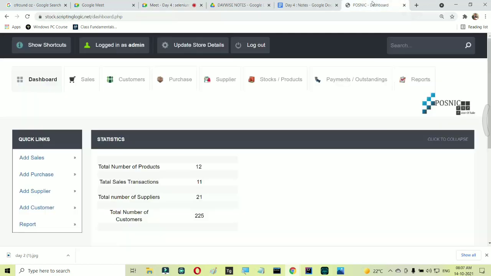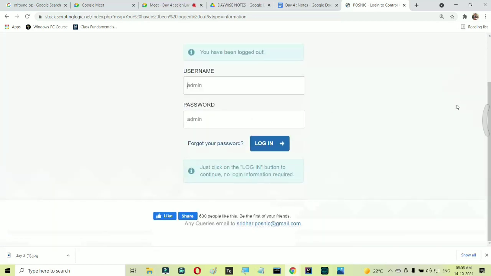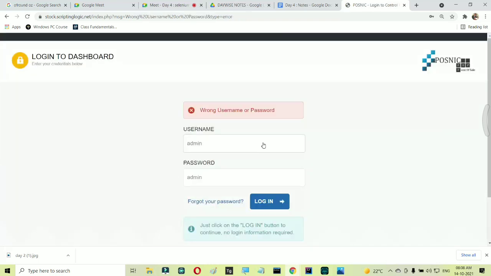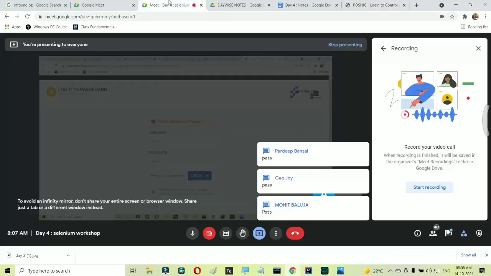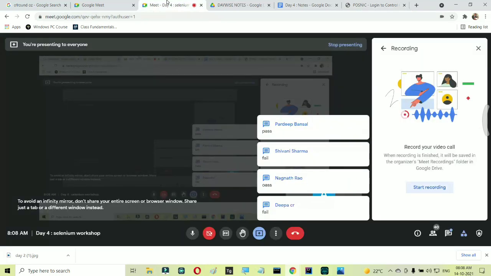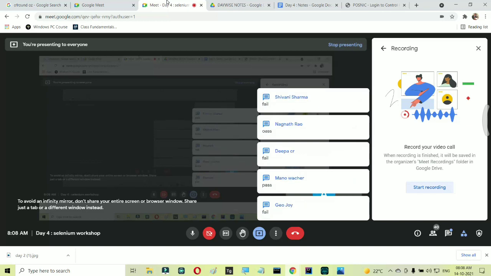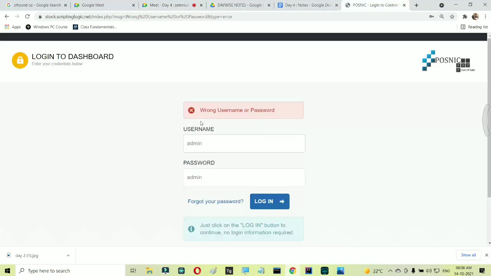Okay, now pay attention on another scenario. So let's say again this is my login page. I am entering incorrect username, incorrect password. Click on login button. I got error message. My test is pass or fail? Yes. This will be pass because this is what the expected is. Upon entering incorrect username, incorrect password, you should get the error message, right? So this is one thing.